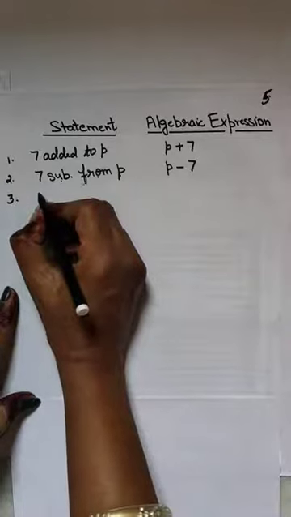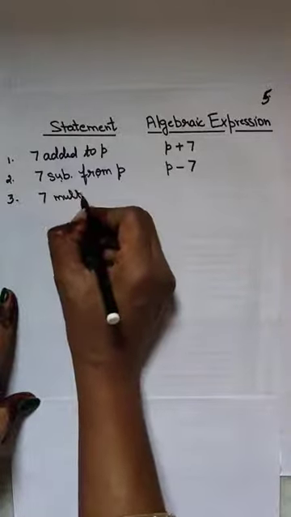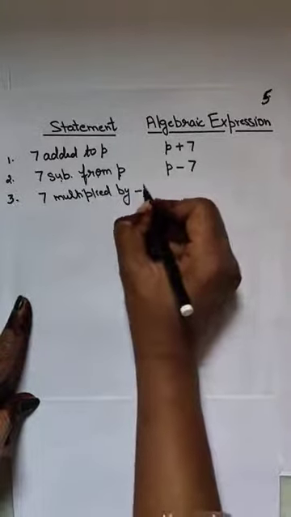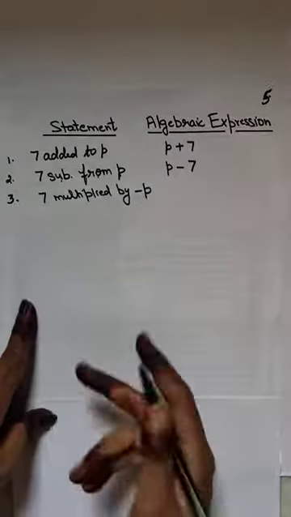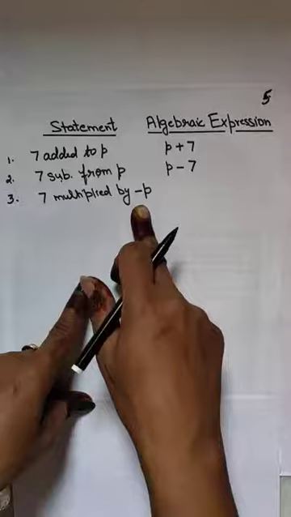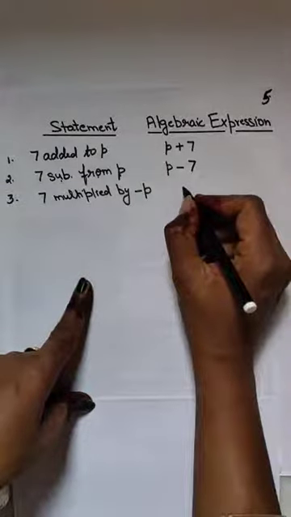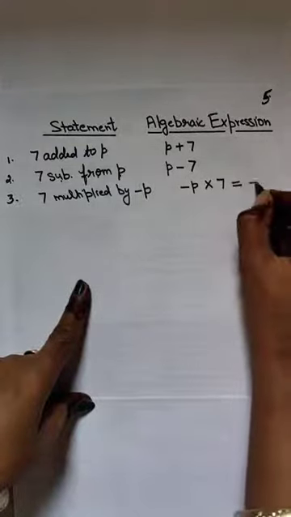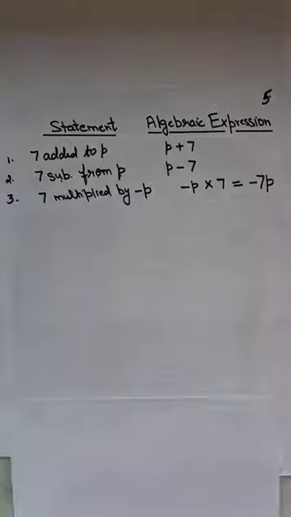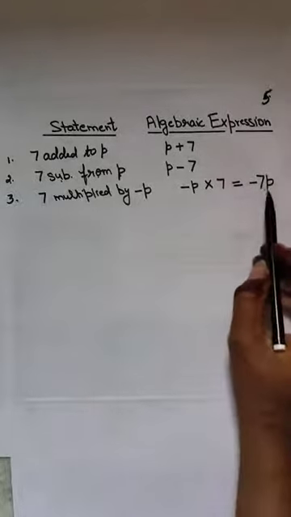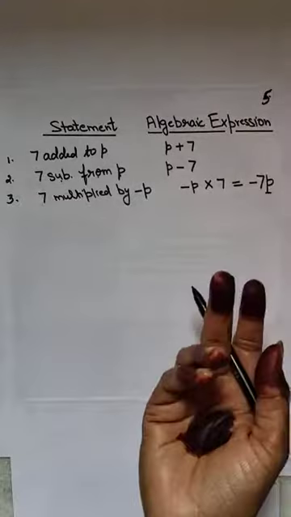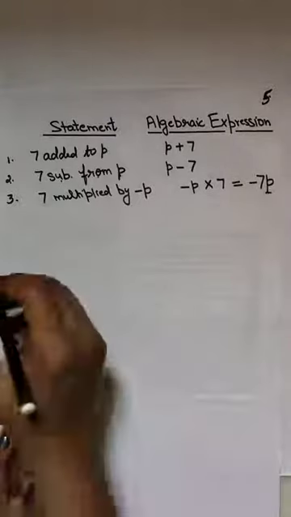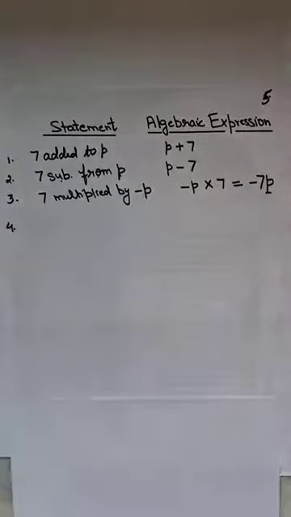Next is C. 7 multiplied by minus P. We have to multiply 7 by minus P. So it is minus P multiply by 7 and this you can write down like this minus 7P. In case of multiplication, we always write down variable later on. Okay, first we will write down the constant. 7 is constant and P is a variable. See more examples.